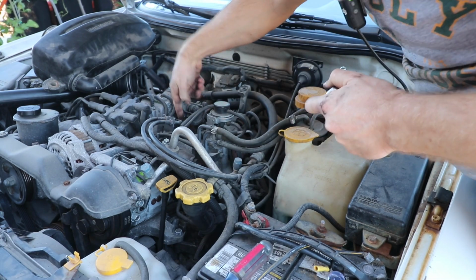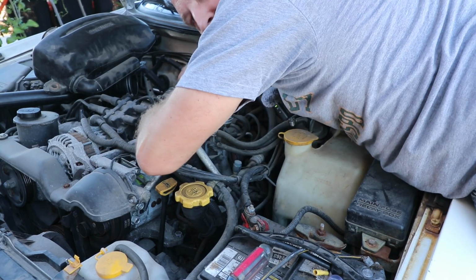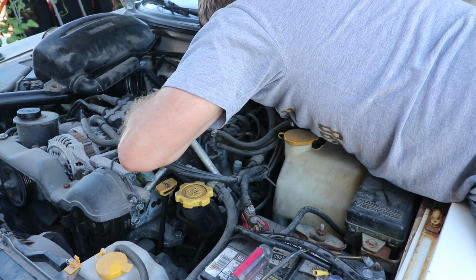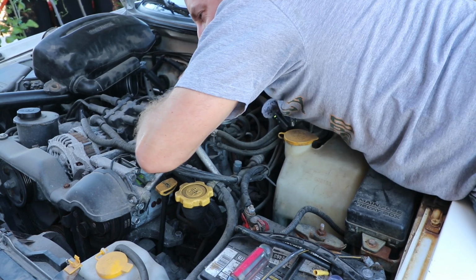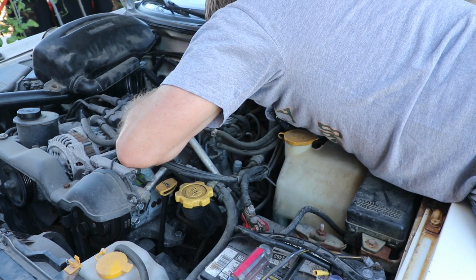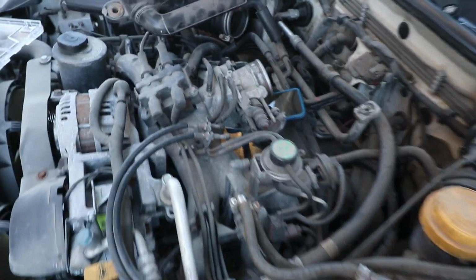As you saw, I can't reach through here with the tall extension. There's really not a lot of space in here, but you can barely get this. Maybe you get a long socket, a tall socket to fit in here, and it is a 12mm. This is the engine driver's side. You come in here,